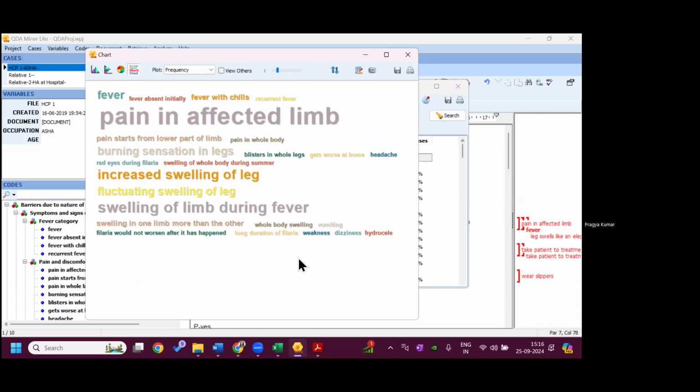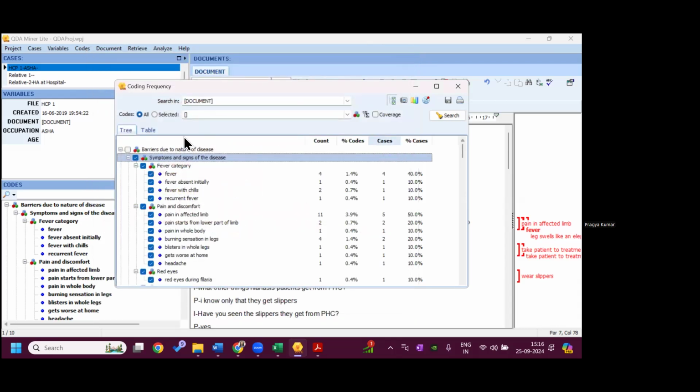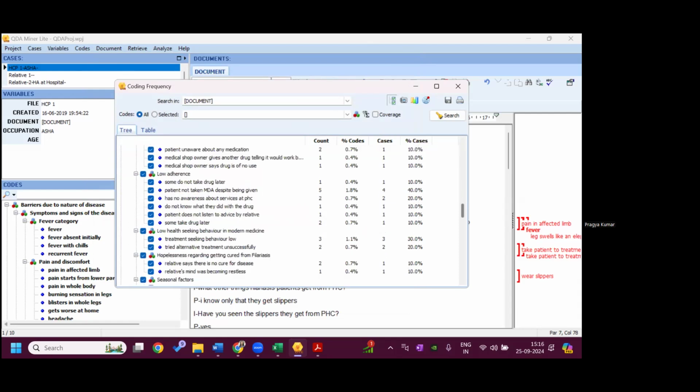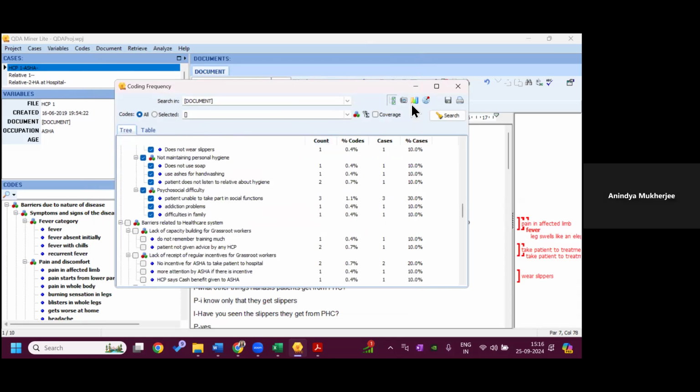I've seen in a few qualitative studies, they show it with a word cloud. But this way you can only show it with one category. If you select all, I don't know. Here you can select, like, barriers of the disease. And then you can see.